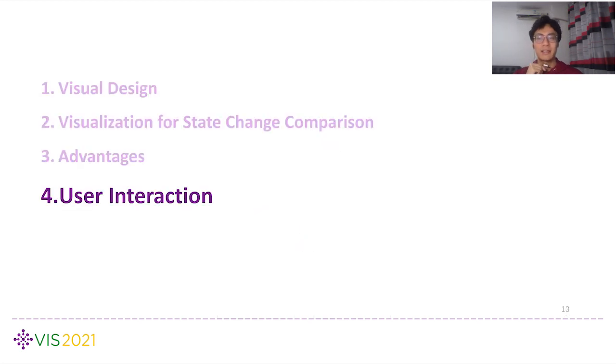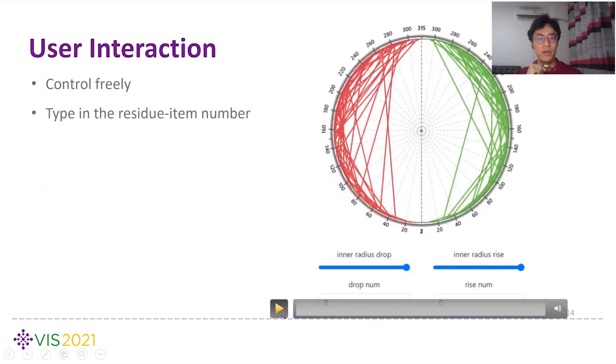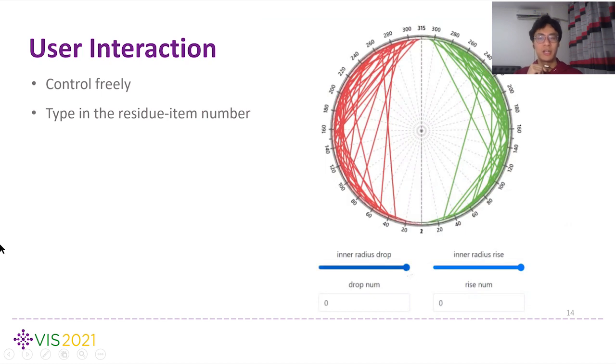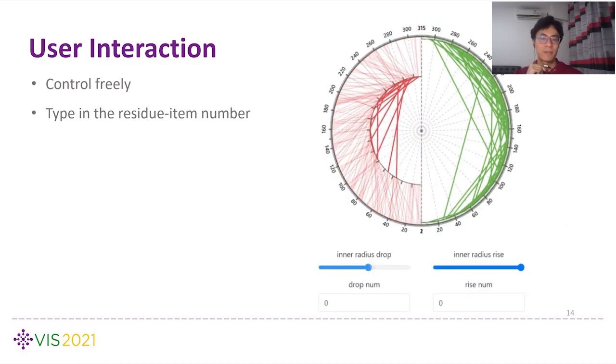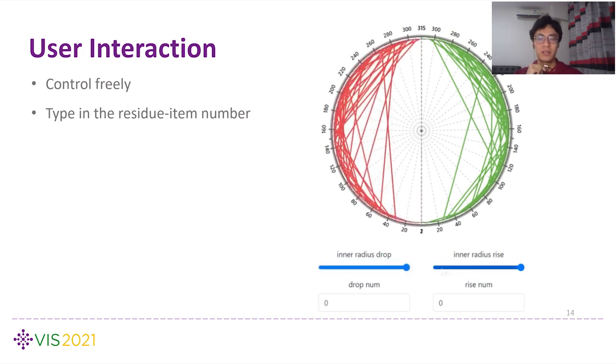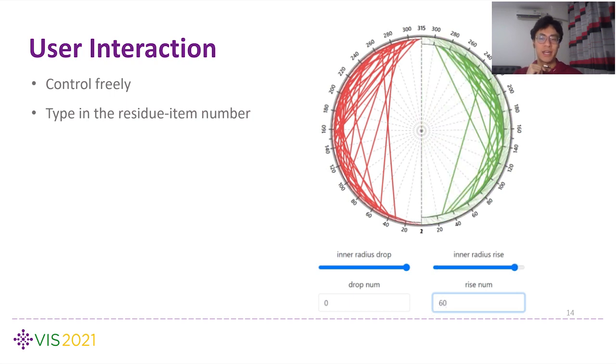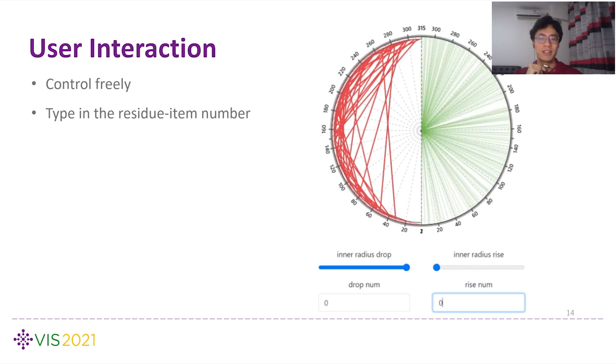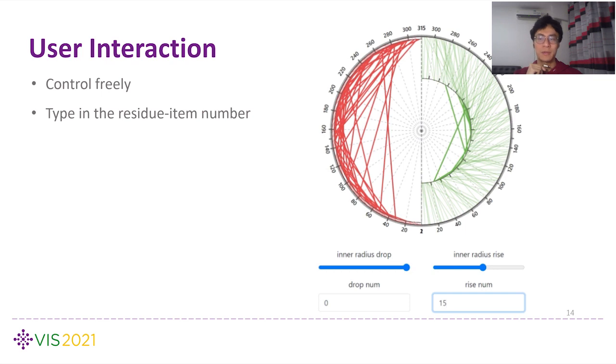At last, I will present the key of our design, the user interaction. We introduced two approaches to support the interaction. The first is free exploration via a control slider to change the arrangement of all lines. The second method is interaction with an input form. The user types in the number of items to filter, and the processing module would work out the inner circular axis